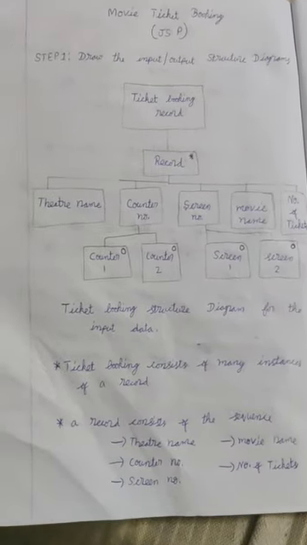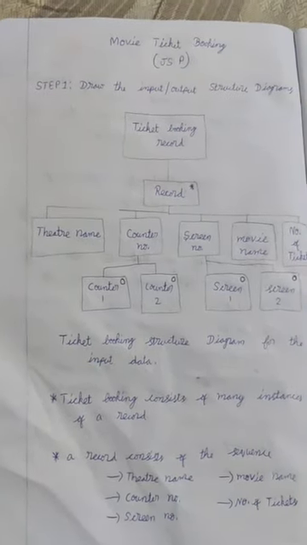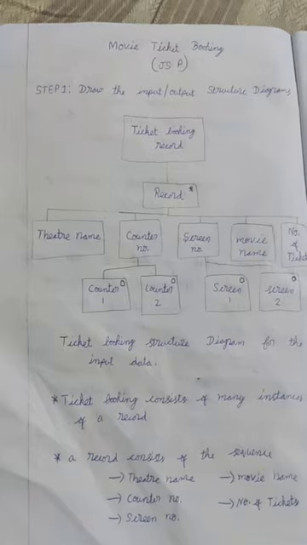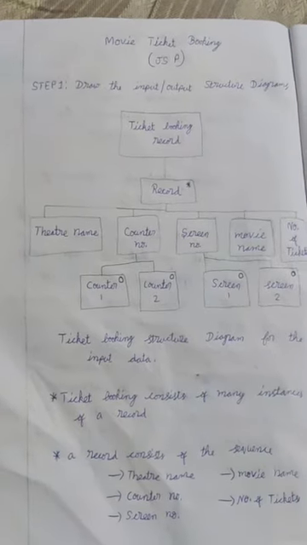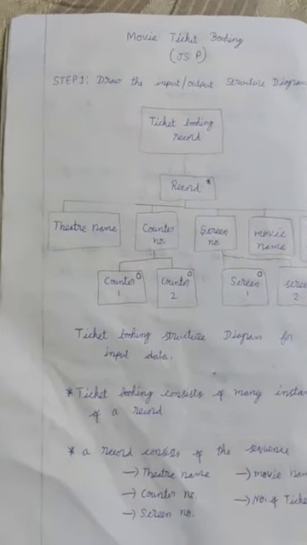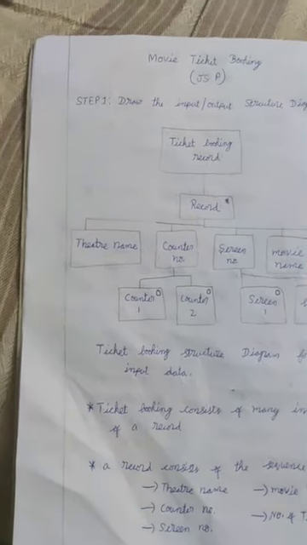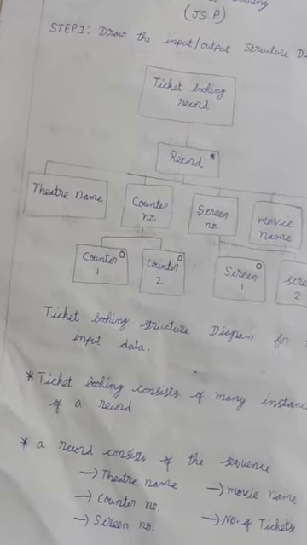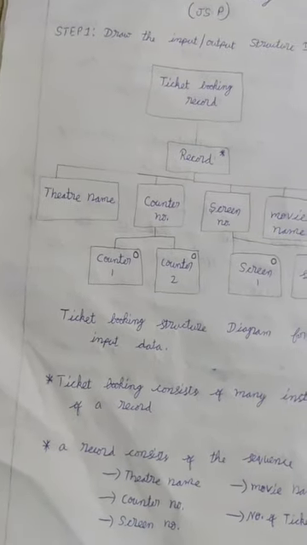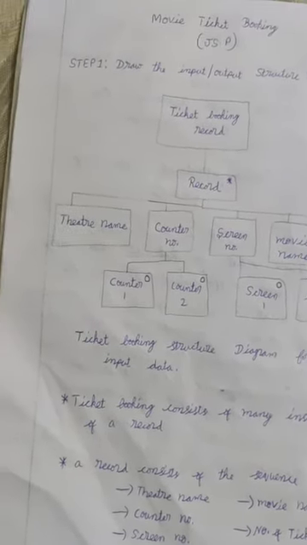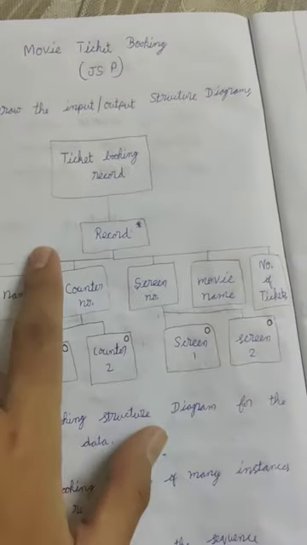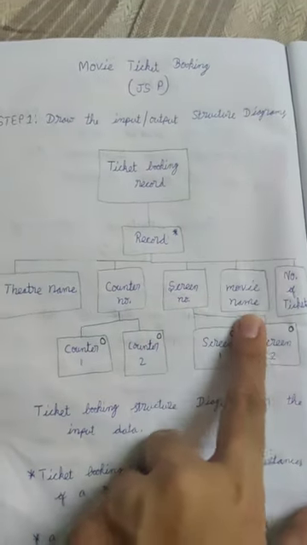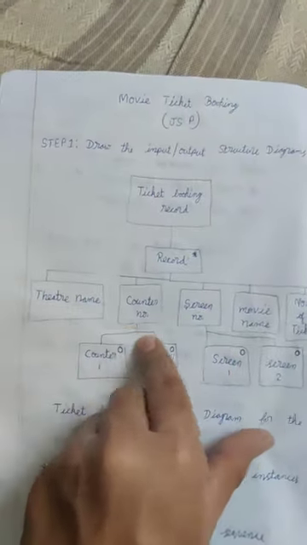As I said, Jackson structured programming is an unusual design method. It consists of both static data structure and dynamic programming. In Jackson structured programming, we have a set of five rules to draw a structure diagram. This is the structure diagram. We have five rules to draw this structure diagram.